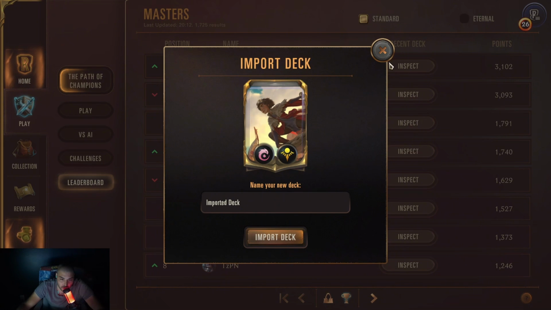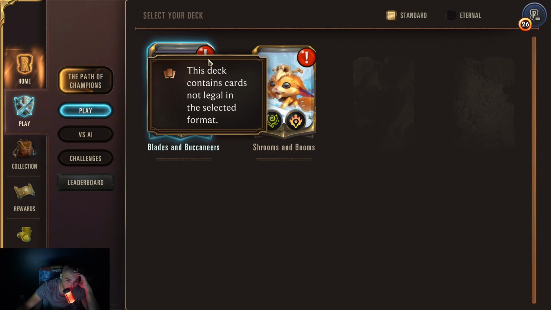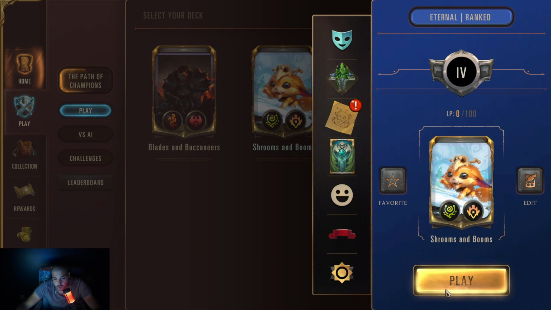Challenges. That's really cool. You can just import the top player's deck. And then this deck contains cards not legal in this selected format. So let's just change the format to Eternal. Okay, so there's standard, which is like their ranked, I guess. And then they're wild. I'll probably lose in 2 seconds, but it's fine. Okay, so selecting a deck, you also have